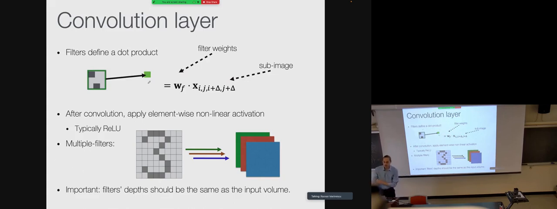And filters also define a dot product. You can write this averaging of the filter as a matrix operation in linear algebra. So you have the filter weights, and you multiply them by the inputs. So it's a dot product of the weights times the pixel values. And after the convolution, we typically also apply the activation. So don't forget that. After the convolution, we apply this. So remember, you always do the inputs times the weights, and then you also pass them to some activation function. That's typically ReLU, rectified linear units, but there can be other activation functions you could have.